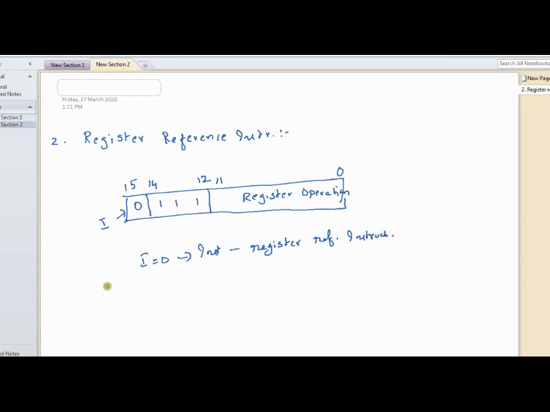The remaining 12 bits are used to represent the register operations which involve registers. Therefore, here you can see the opcode for register reference is 111, in decimal value 7. If bits 12, 13, 14 are 111, you can easily identify it as a register reference instruction.